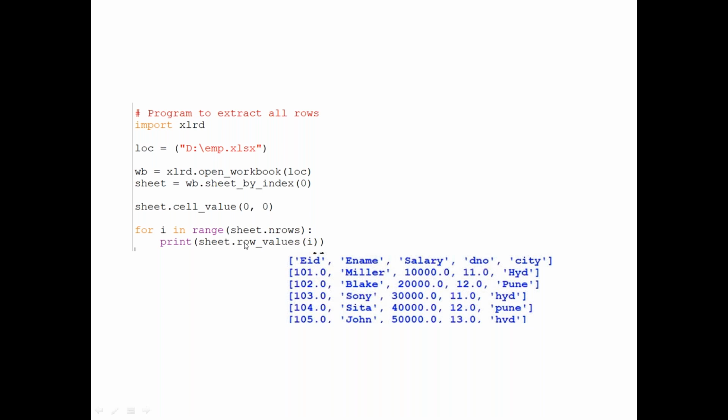Then you have the option to iterate, the for option. So sheet.row_values(i), where in each iteration i will be picked from the range of sheet.nrows. So every time it will be displayed one after another. First it will take the headings, then the first row, second row, third row, and so on.